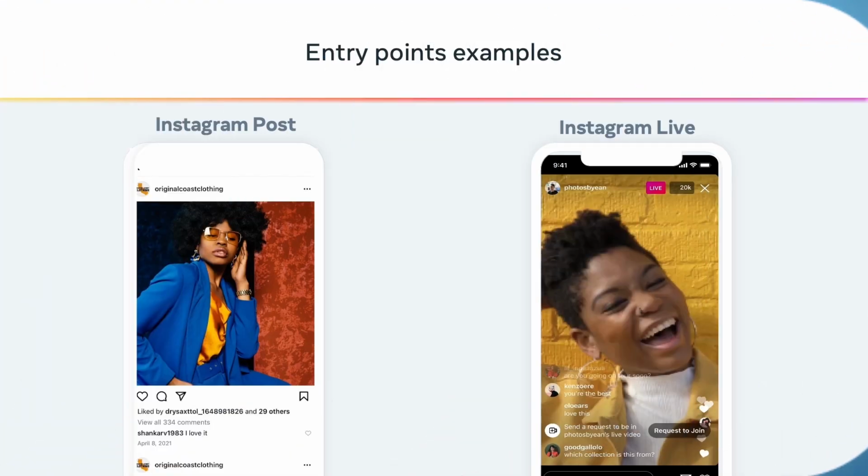One of the first steps on the commerce journey is a customer discovering the business and initiating a conversation. On Instagram, some of the most common ways to start a conversation are via commenting on an Instagram post or a live video. These comments offer a great opportunity for the business to engage with that customer and answer any questions that they might have.